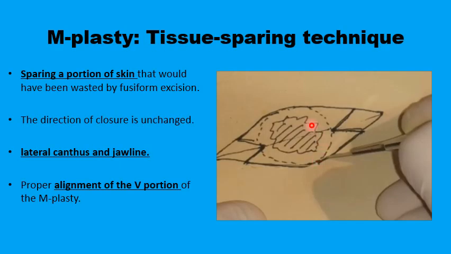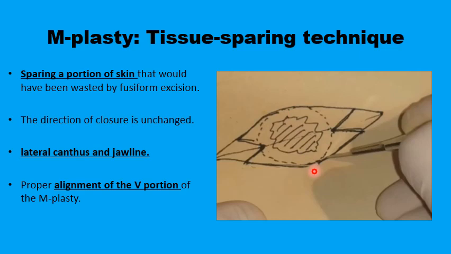The drawback of changing a circular lesion into a fusiform defect is that you lose extra living normal tissues at both ends of the circular defect. And one way around it is to use the M-plasty technique. This is a tissue sparing technique. It aims to spare a part of the tissues that would have been discarded if you have a fusiform configuration for your defect, while still avoiding having dog ears at the two ends and avoiding having extra tension in the